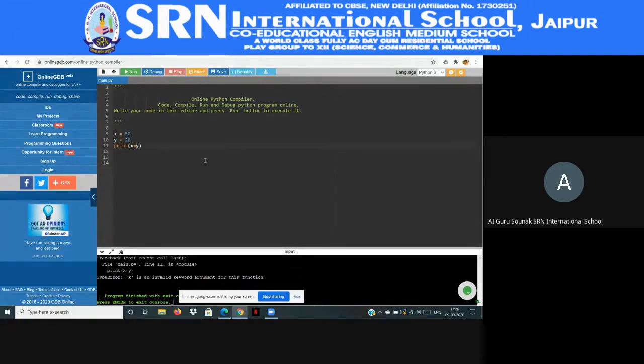That means I have to give two equal signs. In programming language, when I check equality between two variables or between anything, always use a double equal sign. So now I will run. What will be the output? Tell me, is it true or false? True. Why true? Both the values are the same, sir.